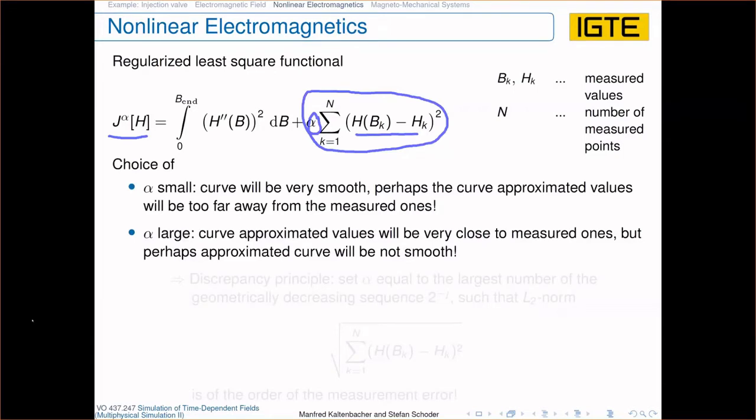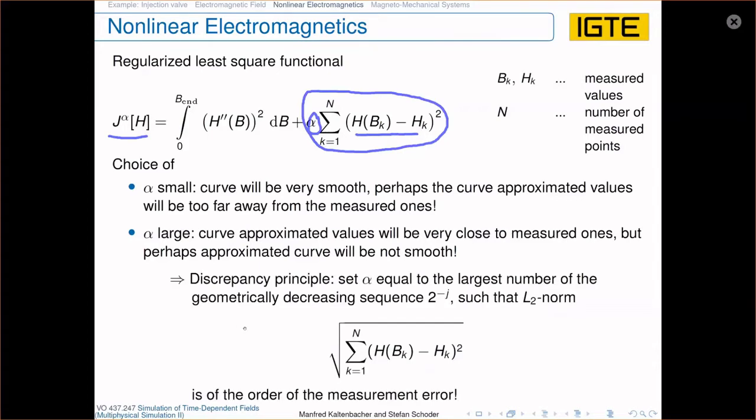And to resolve this discrepancy, we have the so-called discrepancy principle. So we set alpha equal to the largest number of a geometrically decreasing sequence like 2 to the power of minus g. So you start with 2 and then decrease it in this sense